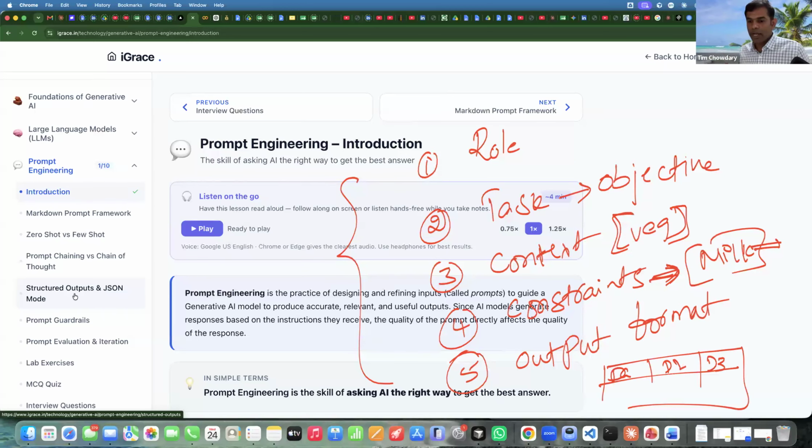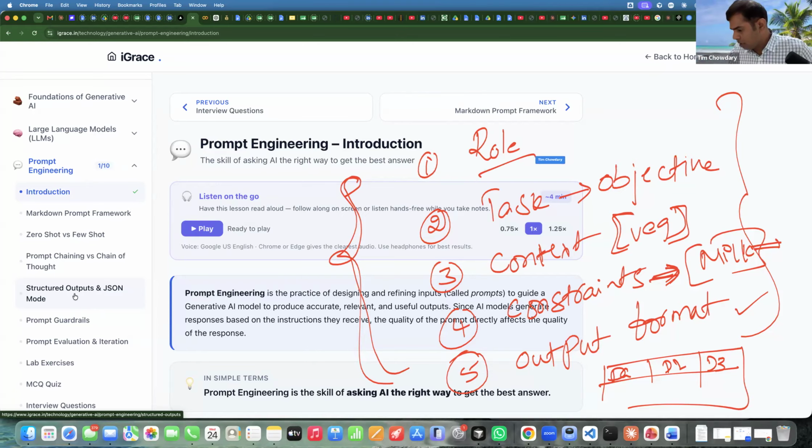Now, precisely for any important task, you need not follow this just for the sake of following best standards. We need not follow the structure for every simple thing. Let's say you want to ask a model, what is the capital city of India? You need not say you are this, your constraint is this, and all. Any reason why we should not over-engineer? Any wild guess from any of you?